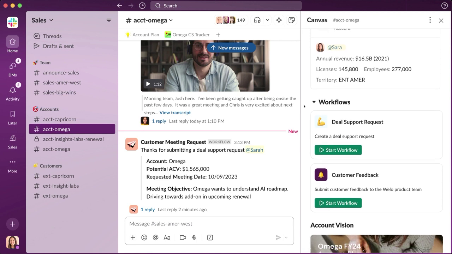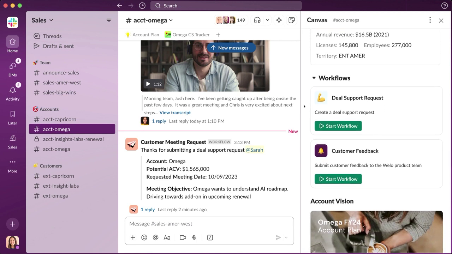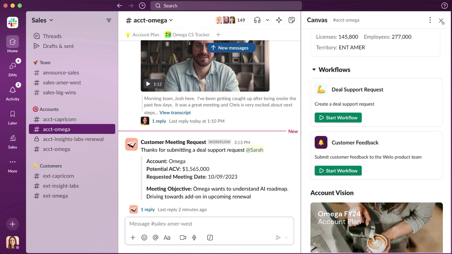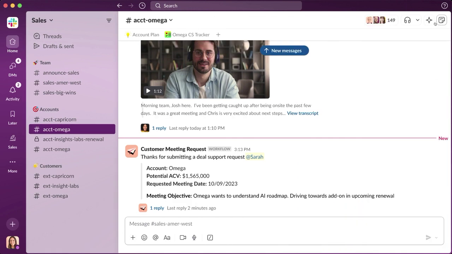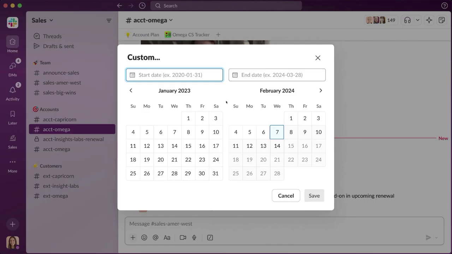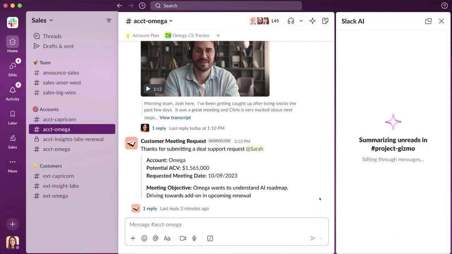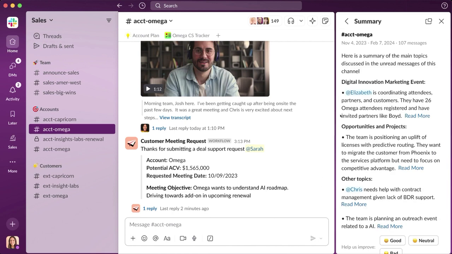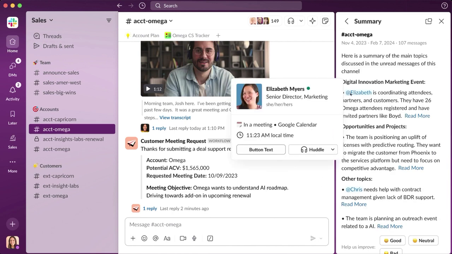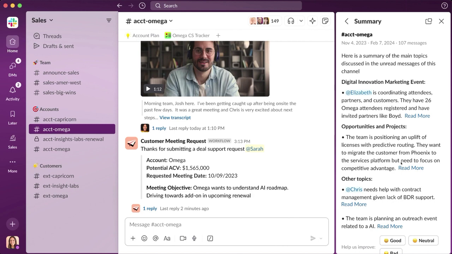She's eager to get caught up to speed, and the good news is she doesn't need to bother the previous sales rep. Slack AI can help her instead. She wants to get caught up on all the activity that occurred last quarter, so she puts Slack AI to work to summarize the last 3 months of activity in the channel. And in just a few moments, Slack AI serves up key highlights on what's happened at the account. With channel recaps, Sarah is able to gather valuable historical context so that she can better understand her customer.